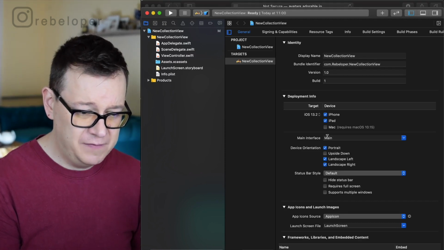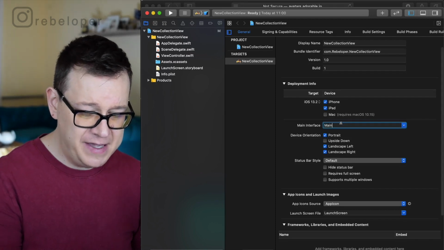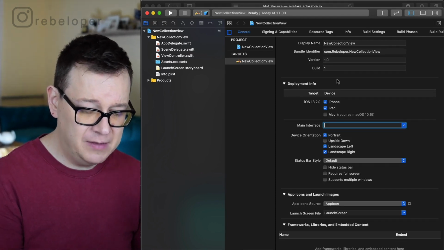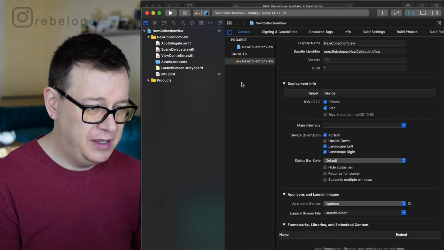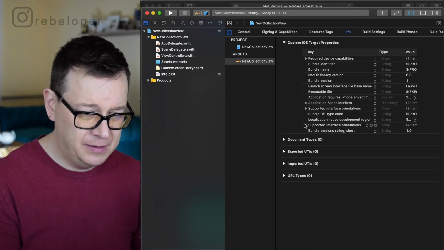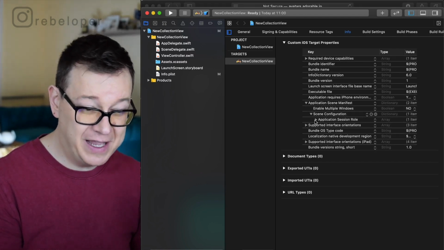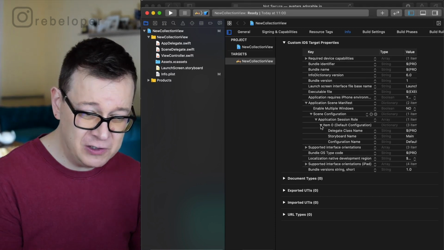First of all, if you just scroll to the main interface, you just need to delete main and make sure you hit return, and then go to info and application scene manifest, scene configuration, application session role, item 0, and